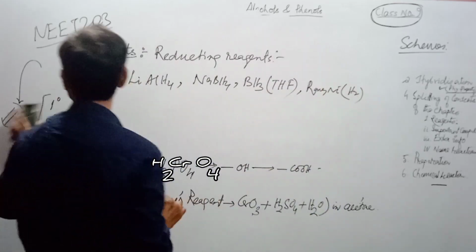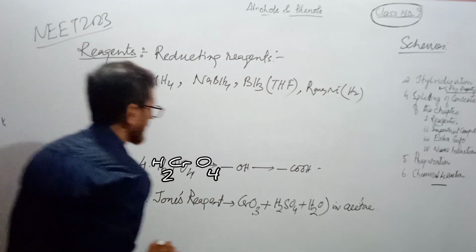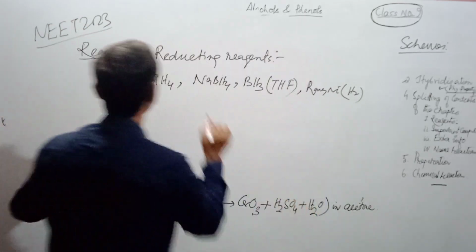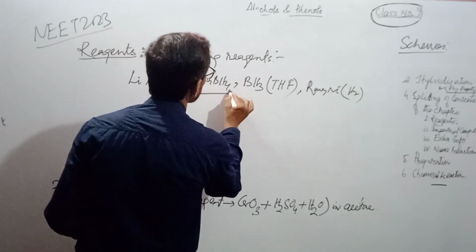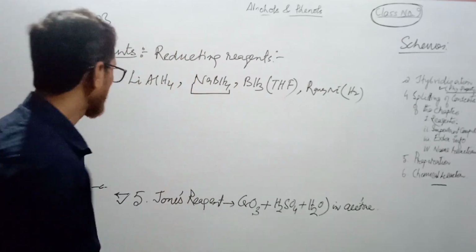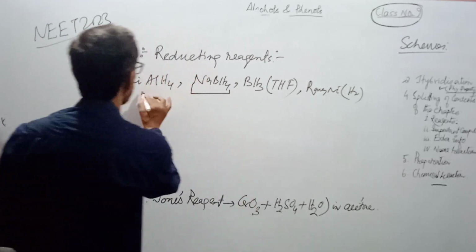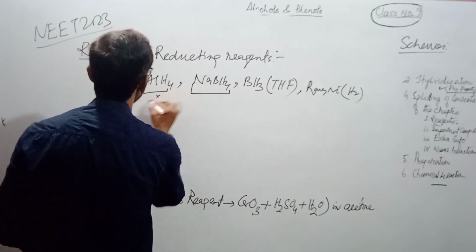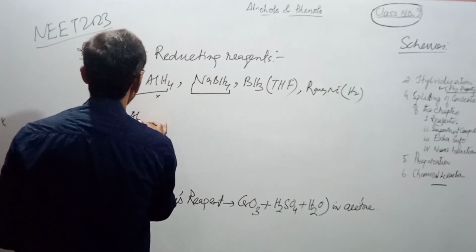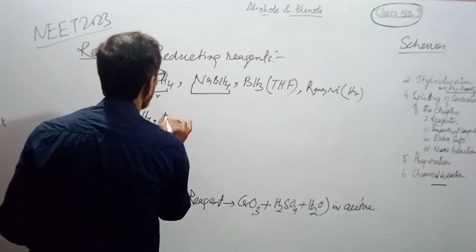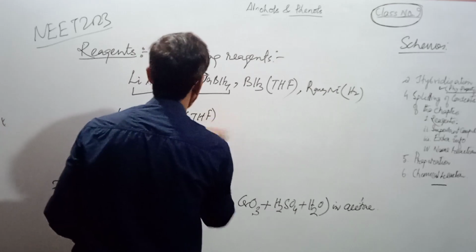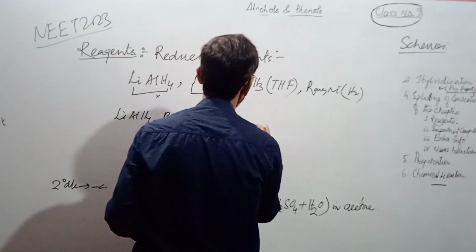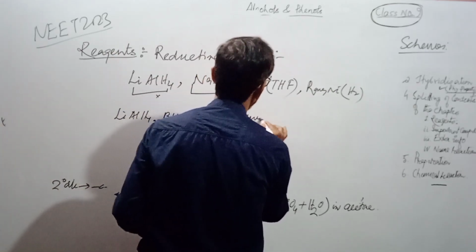These are special types of reducing agents. I will now talk about this one, which is very, very important. These two, lithium aluminum hydride and borane in tetrahydrofuran,